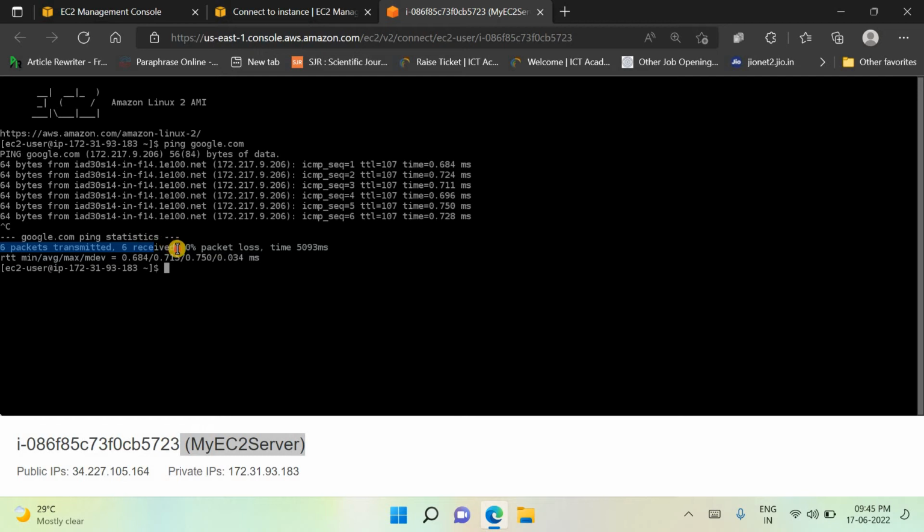Till this point I have 6 packets transmitted and received, and 0% packet loss, and time in milliseconds is also displayed over here. So our connection is successful. So let's try to list the files